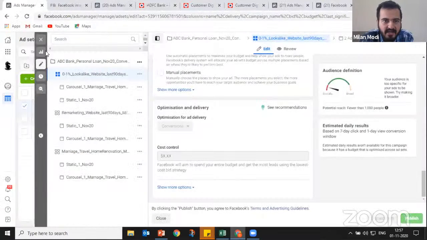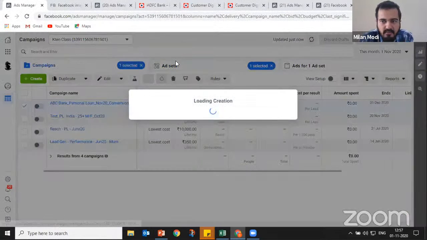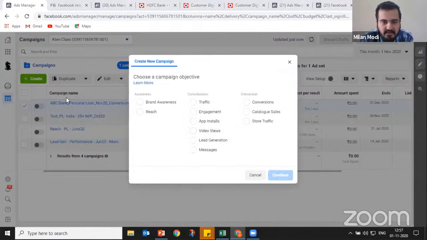So let me go back to the dashboard and try to explain what I mean by that. If you click on the create ads button, you see there are objectives like brand awareness and reach. There are objectives like traffic, engagement, app install, video view, and so on. So obviously for video views, the asset that you will be using will be video. And